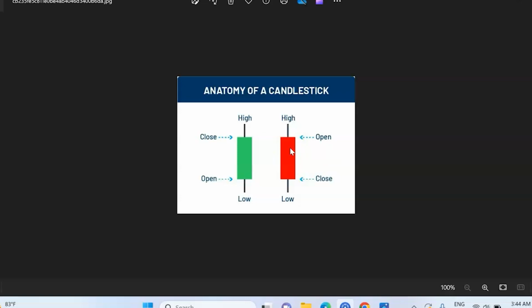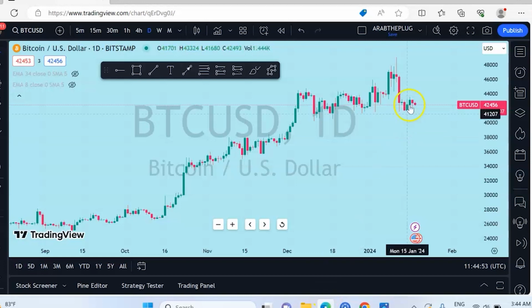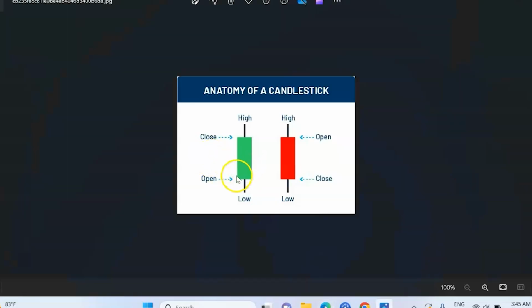dropped within that movement. Apart from this, before I go into the details of the open, close, high and low, there is something we call the time frame. Time frame is a very important concept whenever you're analyzing the market, because candlesticks simply talk about the movement of price within a particular time frame. That's what the candlestick is representing: the movement of the price of an asset that you're analyzing within a particular time frame. For this lesson, I'll be analyzing the Bitcoin market, and we'll be looking at the candles on